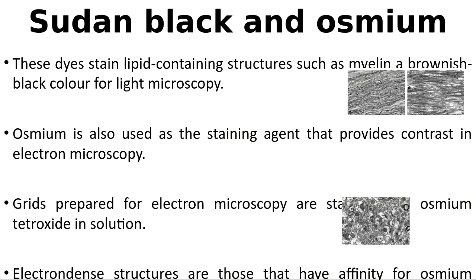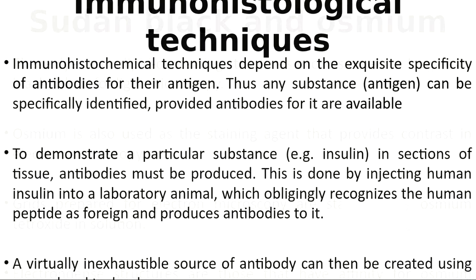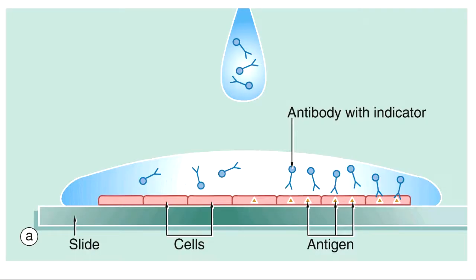So this is more than enough for you to know. And immunohistochemical techniques, you need not know much about this. The only thing is what this technique is and why we use it: when we don't know the origin of the tumor, whether a tumor is from muscle, bone, nerve, or blood vessels. That time when you are in confusion, we use this immunohistological technique, right?